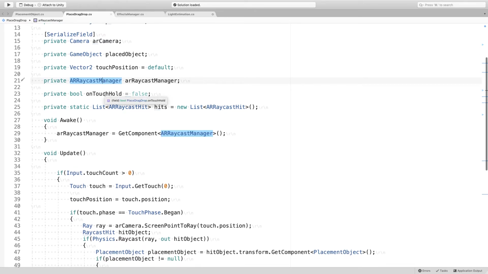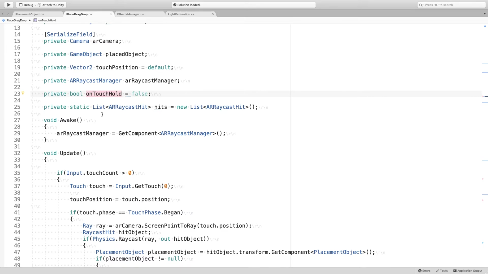And they use this example in order to drag it. It uses this on touch hold, meaning it does a raycast, and if you're touching an object that has a collider, then it will populate this on touch hold as true, and then it won't instantiate things. Instead, it will move things. So it's similar to the multiple touch thing that we did before, but instead of having to set a bunch of bools inside of the placement object script, this is only doing one object, and either you're going to instantiate an object or you're going to